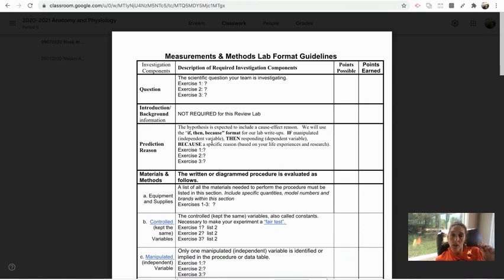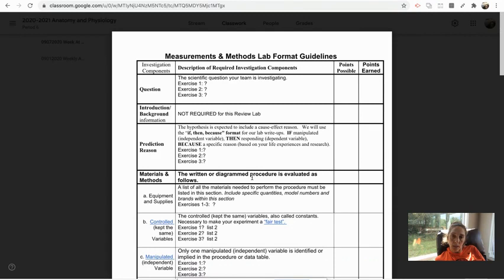But because this is a practice lab, I mainly want to see some measurements, some hypotheses and predictions made, things like that first. So here again, exercises 1, 2, and 3, where you're giving me a prediction and reason. You don't have to stick with if, then, because. If you know how to write alternative hypotheses or null hypotheses or both, awesome, put those in here. But if you don't, students tend to leave out this because part, so I have all three components here so that I can check that you include something like this in your